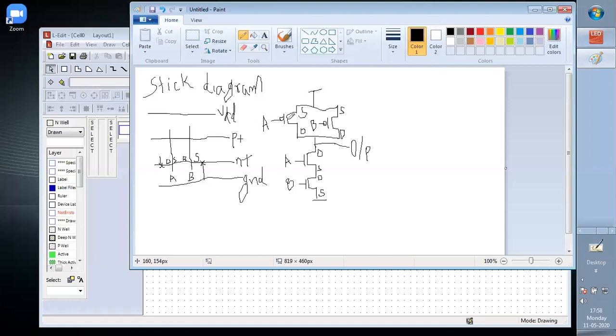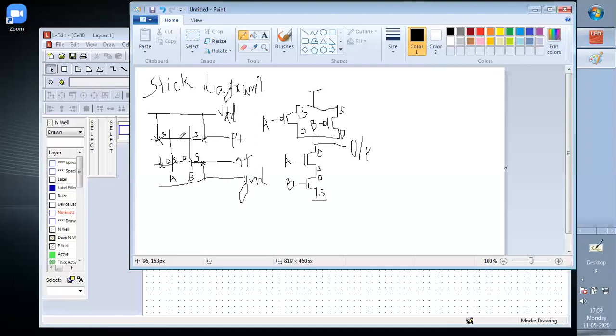Then on the upside, both sources and both drains are connected together. So either we can assume this as a source or we can assume this as a source. If we assume this as a source, it will be connected to the upside. Similarly, this will be the source, so this will be connected to the upside. So this will be the connection.